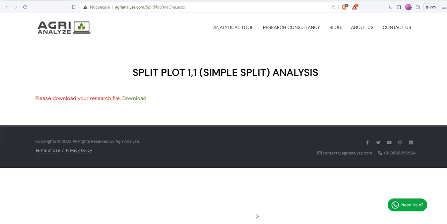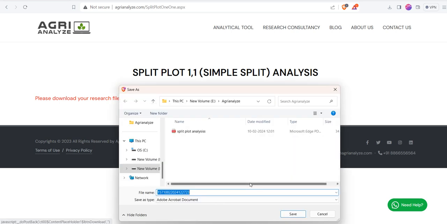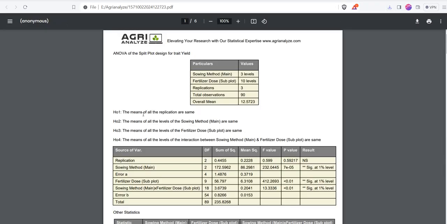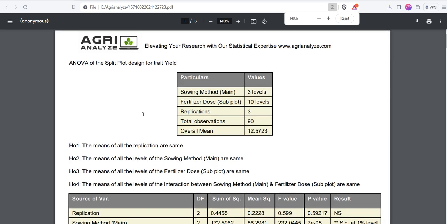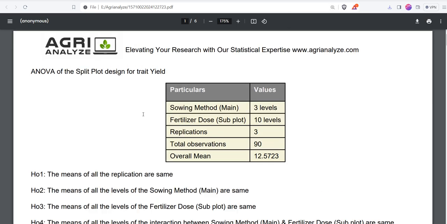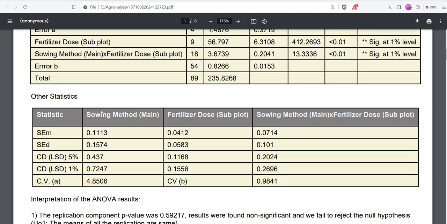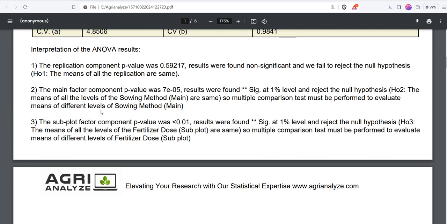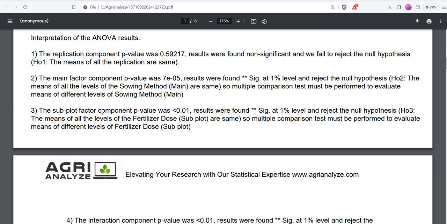Once you click on the submit button, you can see the download option. Click on this download. Once you click on it, you will get this PDF. This PDF I have already shown to you, and the link of this PDF is also given in the description box. This is the easiest way to get split plot analysis done without writing a single line of code, and that too along with the interpretation. The best part is that non-statistician students fumble with the interpretation of ANOVA results, so they also don't need to bother. The interpretation is written